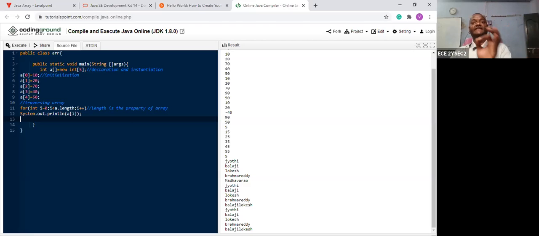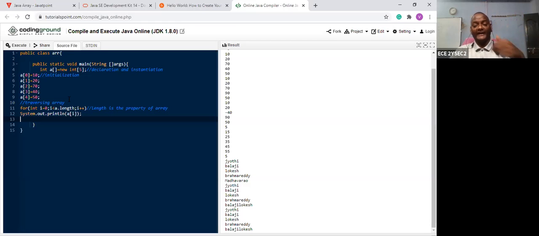So what is the syntax to create a new one? Data type, variable name. It is one dimension, so a square bracket, is equal to, new. Then what is inside? The data type is the integer value, so int, and next the length. So length is equal to 5. That means I want to create an array for 5 integer data with the variable name A.